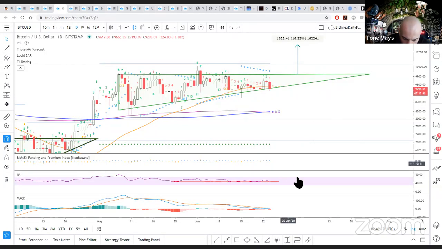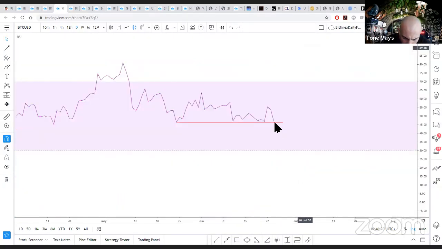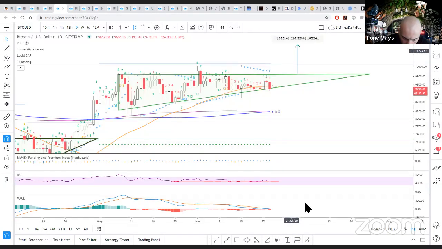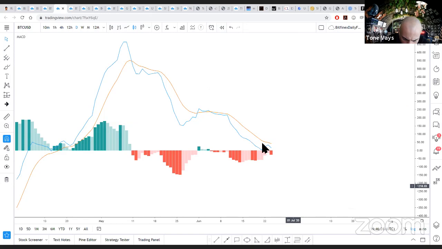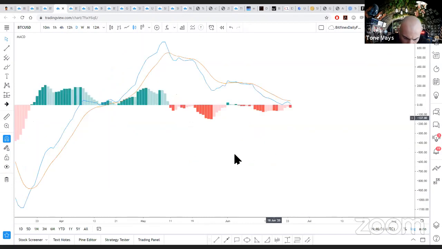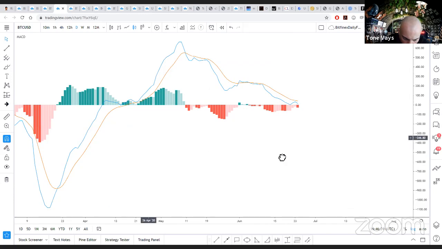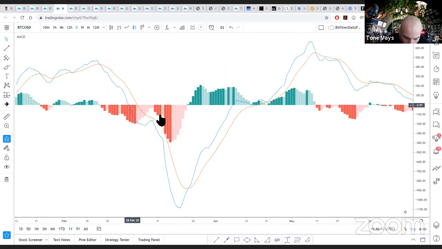If we look at the other daily oscillators, we have the RSI, which is dangerously close to a very bad breakdown. And we have the MACD, which is still in its downtrend without ever crossing over a couple of days ago. Once this crosses the zero line, that actually increases the probability of bad things happening to Bitcoin. You can see it right here, what happened to Bitcoin when we crossed the zero line. You can also see it in the opposite direction, what happened to Bitcoin when it crossed the zero line going into the top. Most people don't pay attention to the MACD crossing the zero line, but I do. That's actually one of the things I also keep an eye on.